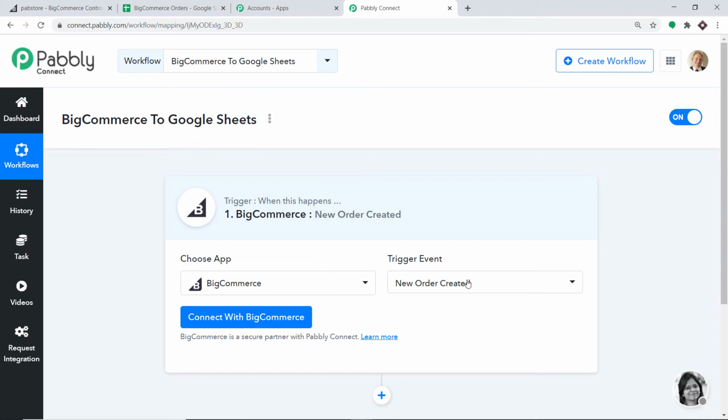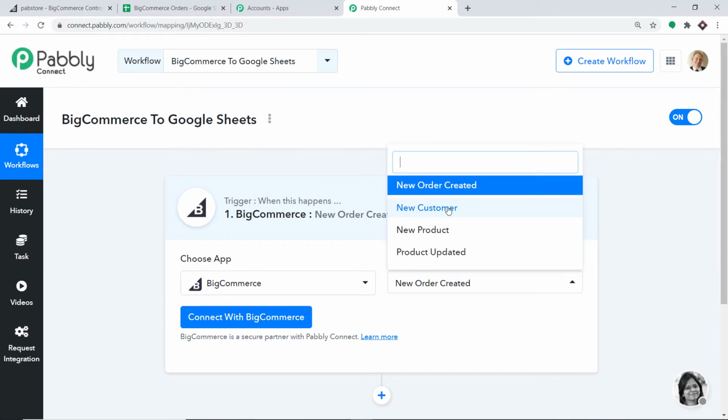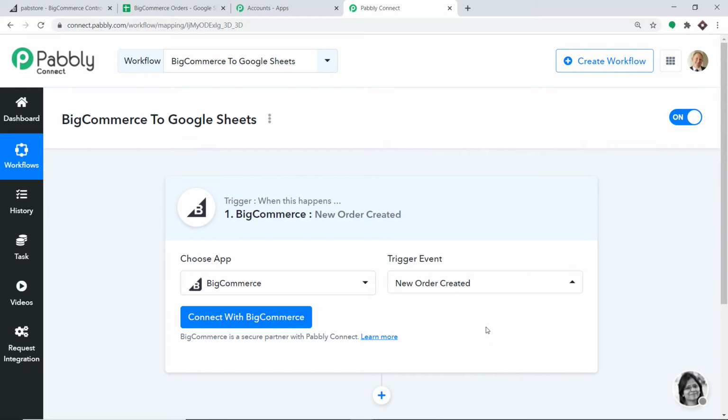So your obvious question is, what is a trigger event? Trigger is basically an if statement. It asks a question: if the condition is met, what should be done? For example, if a new order is created, then what action should be taken by the system? Actually, there are more triggers like new customer, new product updated, and so on. However, in case you don't find the trigger of your choice, you can make a request to our team at admin@pabbly.com for the specific trigger that you want to build. But at present, I just want to send the data when a new order is created in BigCommerce.